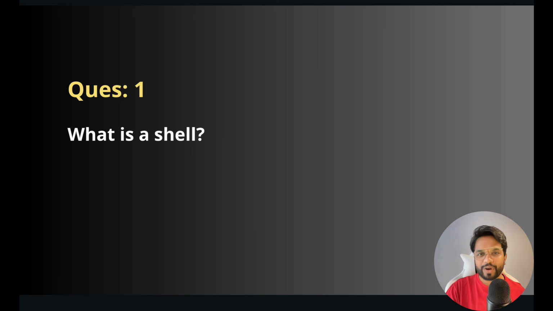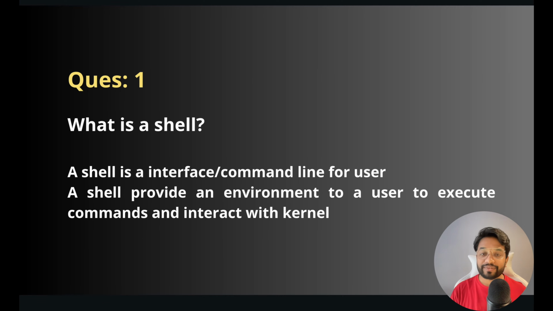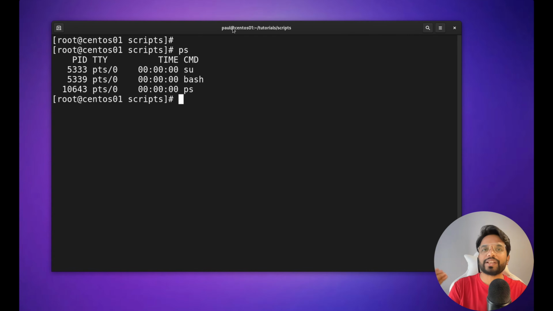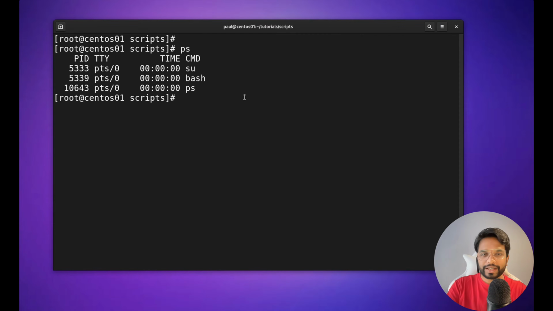Okay, so question number 1. What is a shell in Linux? So shell is a user interface or a command line which provides an environment to a user to execute some command or perform some action like this one. So right now I'm using a virtual machine and using the Linux based operating system. So this is my shell. We can call it a shell because it is providing a user interface from where I can perform some task